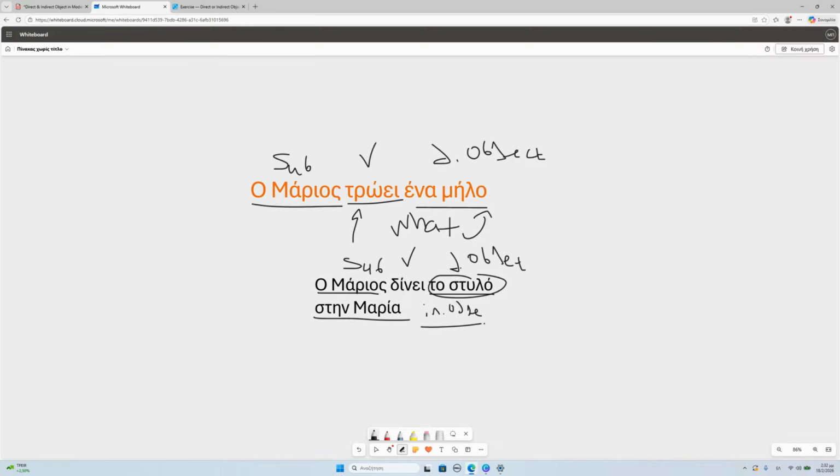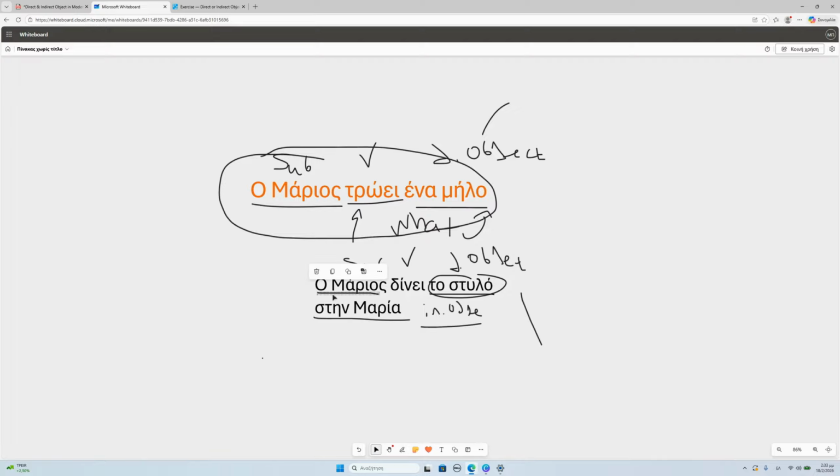In simple terms, you can think of this as the important object and the unimportant object. And why am I saying this? Because if we use only this phrase, it makes sense: ο Μάριος τρώει ένα μήλο. So ένα μήλο is important to the phrase. Let's take the other phrase: ο Μάριος δίνει το στυλό στην Μαρία. If in this phrase we remove το στυλό, if we remove it,